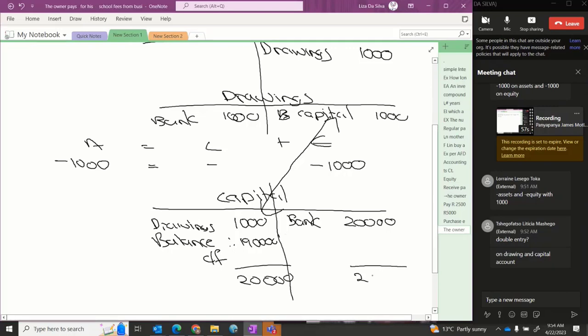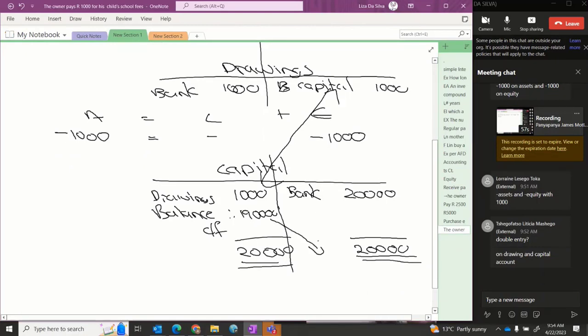And this one is also 20,000. I always had to make double stripes. And then that 19,000, let me just move up a bit. Then when you start the next month with the account, it will be balance brought forward